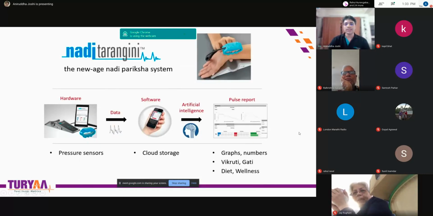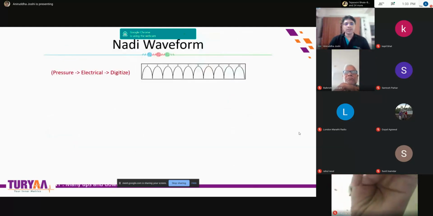I'll go further, just in a pictorial manner. There is a hardware with pressure sensors, which uploads data on the cloud. The rules, machine learning algorithms, and data science happen there to give a pulse report card. When I started in my PhD days, I had less data. We started with rules. As we are progressing, we have enough data to apply the machine learning algorithms.